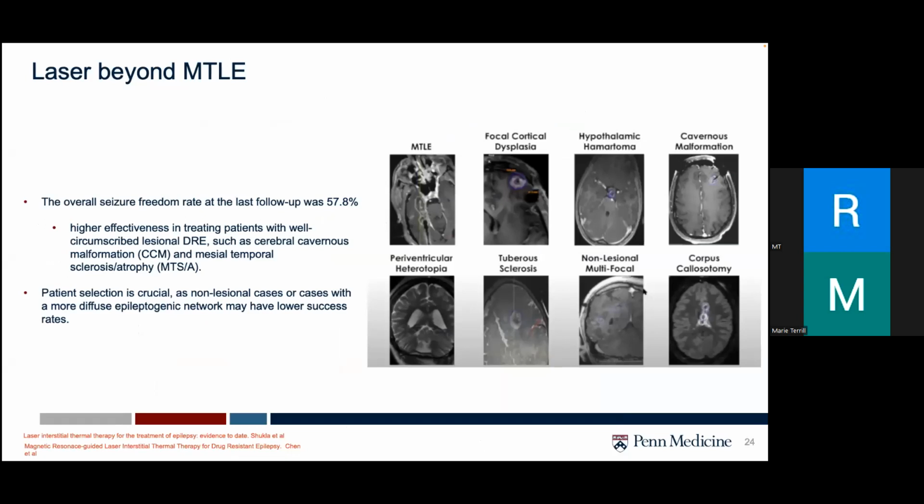The use of LIT has expanded beyond its initial applications and is now being explored in other indications as well. The literature on this is very variable. I think it includes a lot of studies ranging from individual case reports to larger case series, exploring the use in several different pathologies like low-grade tumors, cortical dysplasias, hypothalamic hamartomas, heterotopias, cavernous malformation. I think this could be a grand round in itself. I haven't gone into the details of it, but I'm happy to share the literature with anyone who's interested.